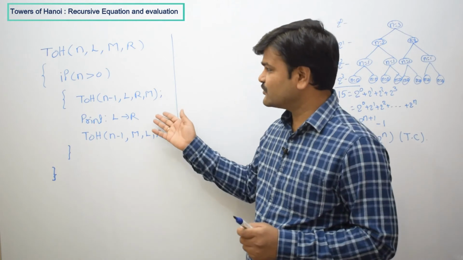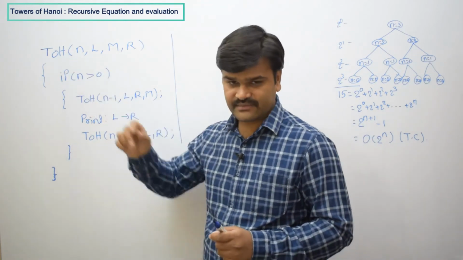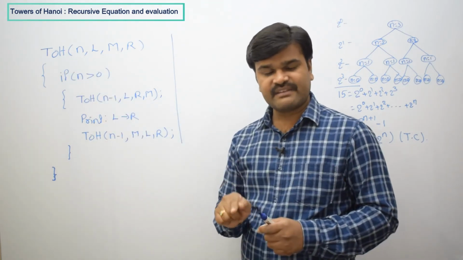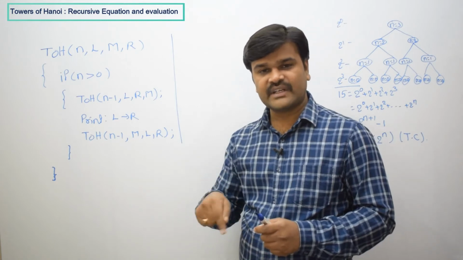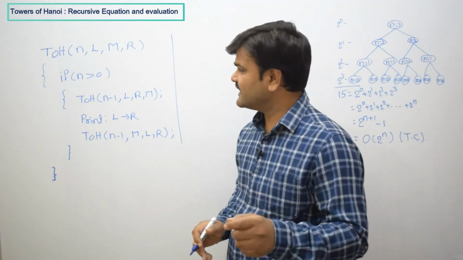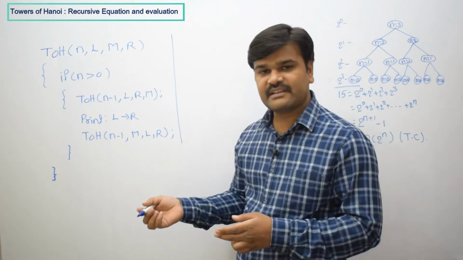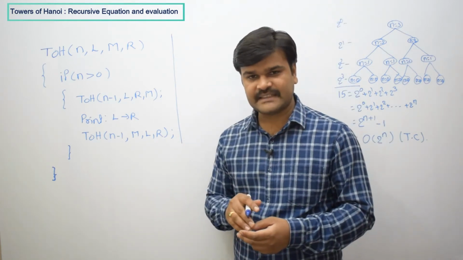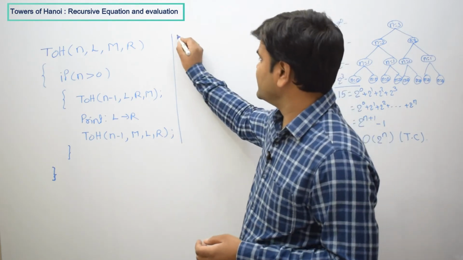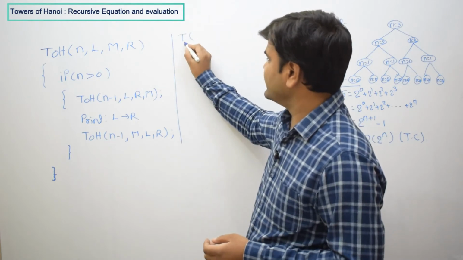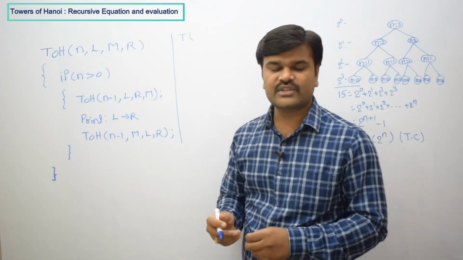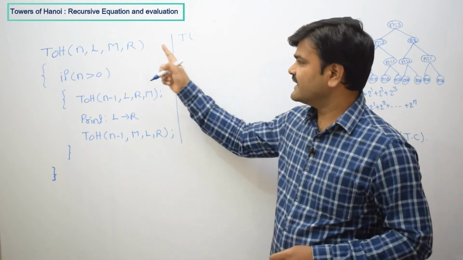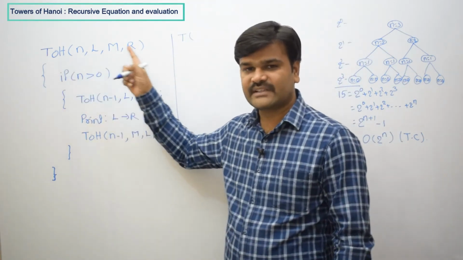Recursive code means a function calling itself. In the recursive equation also, that equation will call itself. Because we are deriving this for finding the time complexity, we always write it in terms of T. Here T means we are writing it more generally, whatever function we are going to take here.